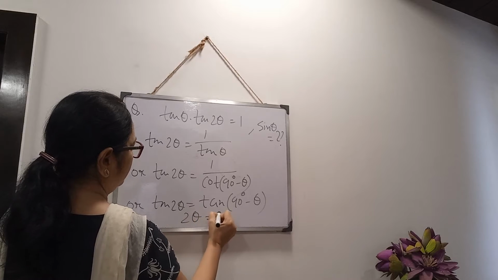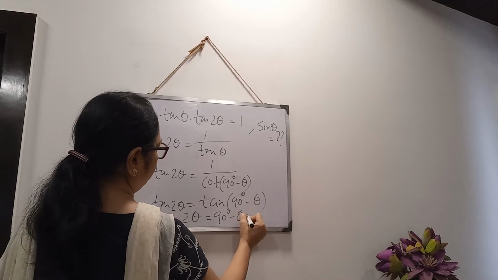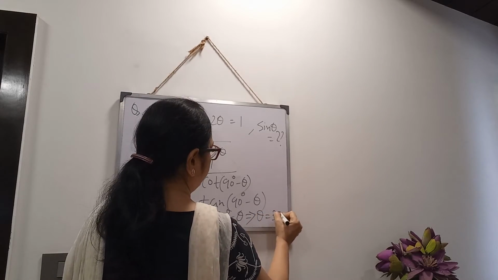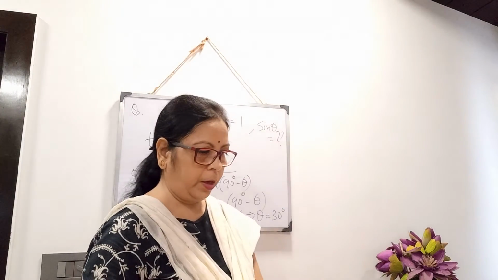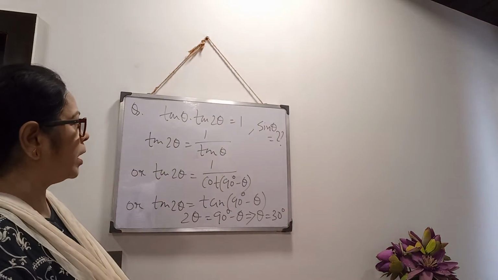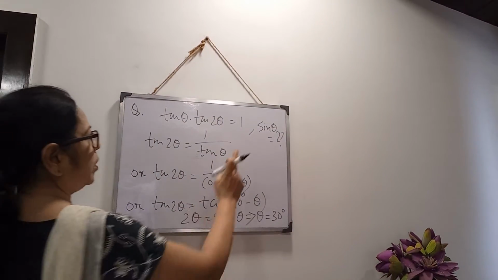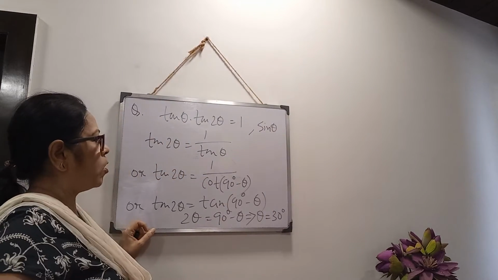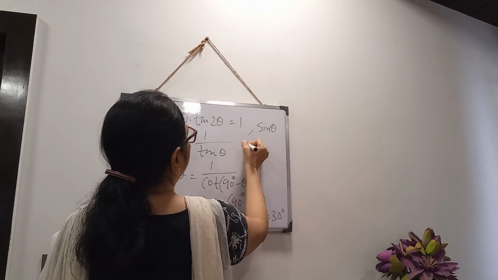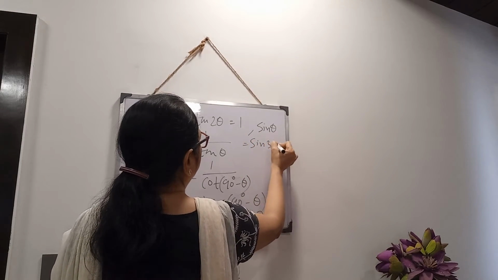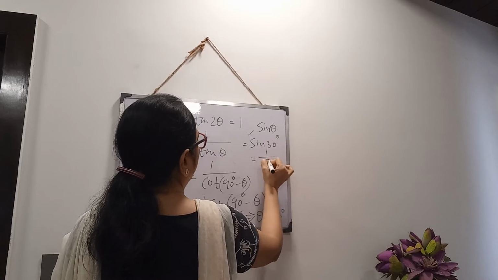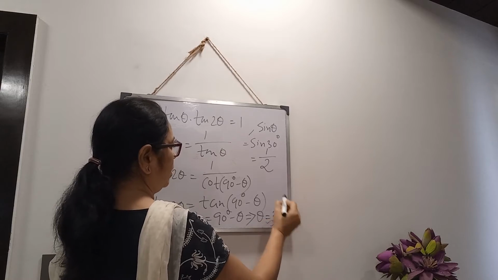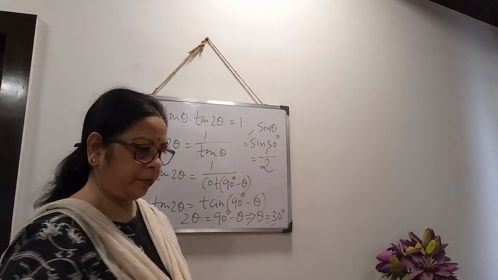Now we can write this, so theta is coming to this side. Again the value of theta will be 30 degree. Clear? Value of theta will be 30. But this is not the answer. What to do? You have to calculate the value of sin theta. So sin theta means we have got now theta 30, so sin theta means sin 30 degree. Sin 30 value from the table you know is half. This is the answer. Clear? You don't end here, as you have to calculate the value of sin theta.